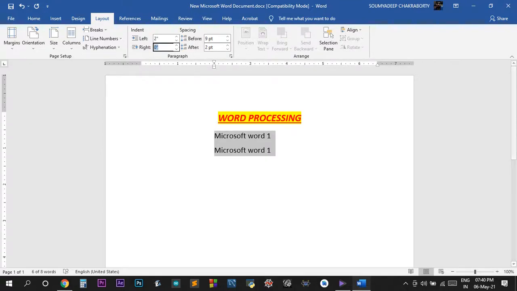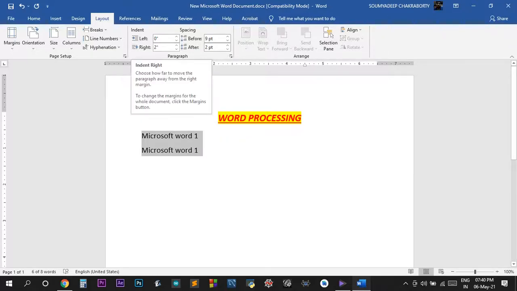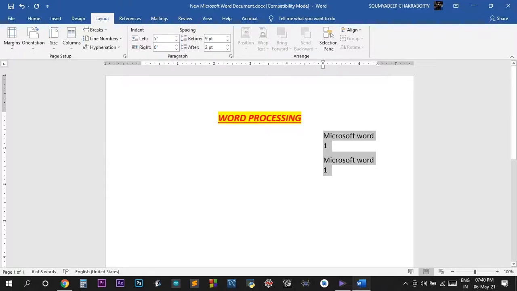See, it's going to the right. And suppose you change this to 1, it won't be there because it's to the right. If you make it 2 also, it will not do anything, because only if this is 0 will this work. So one of these should always be 0. Suppose I give 5, see, over here it's moving to that side, but the default is always 0. Understood?